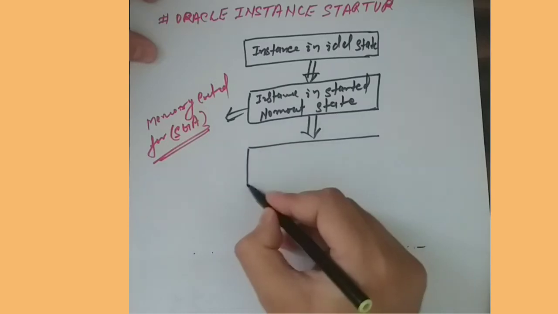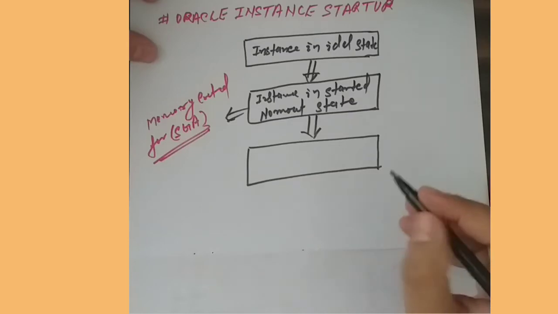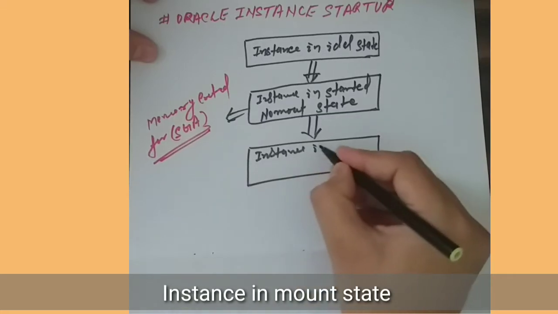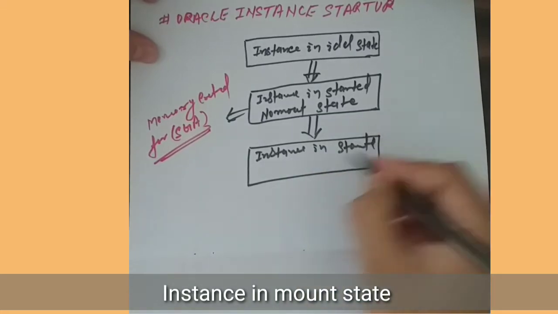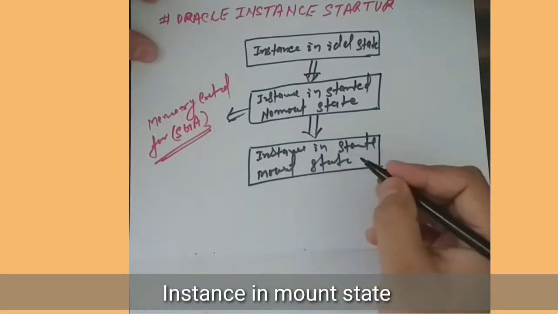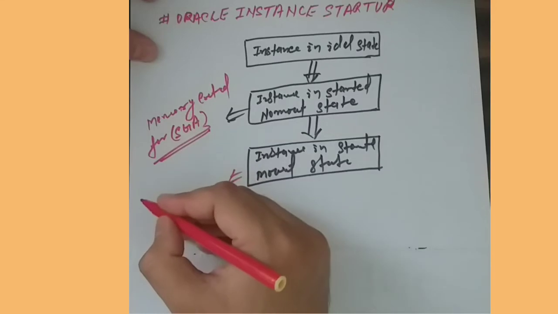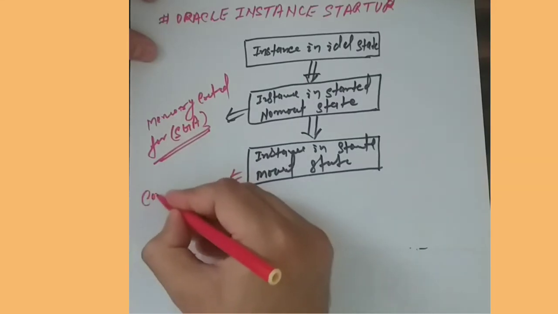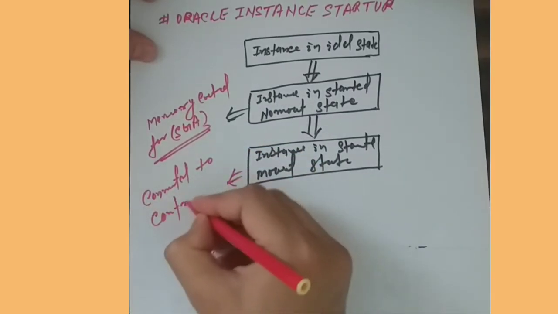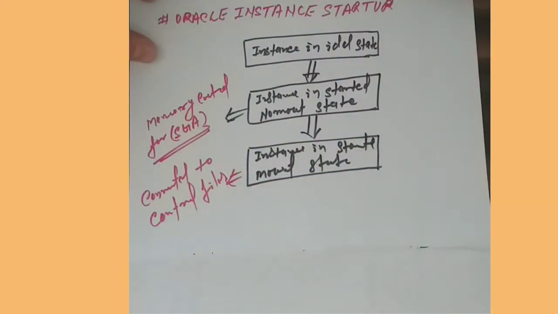in a third phase, instance in started mount state. Mount. Okay, so what is this mount actually? So here the instance connected to the control file. So connected to control files. Okay, now in a final